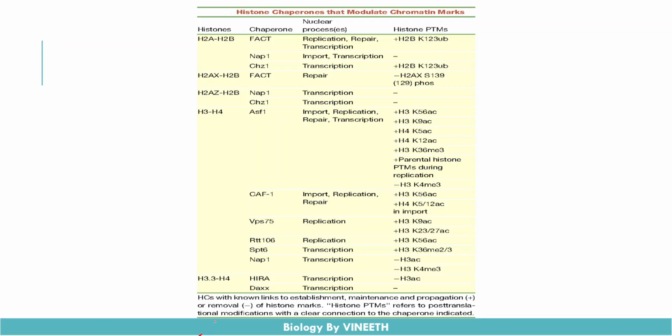The major histone chaperone is FACT, facilitator of active chromatin transcription. This is involved in DNA repair mechanisms, replication, and also the transcription process. It ubiquitinates the lysine at position 123 on histone 2B. It adds a ubiquitin molecule to this lysine and performs the post translation modifications on this histone 2B, which is involved in transcription regulation or